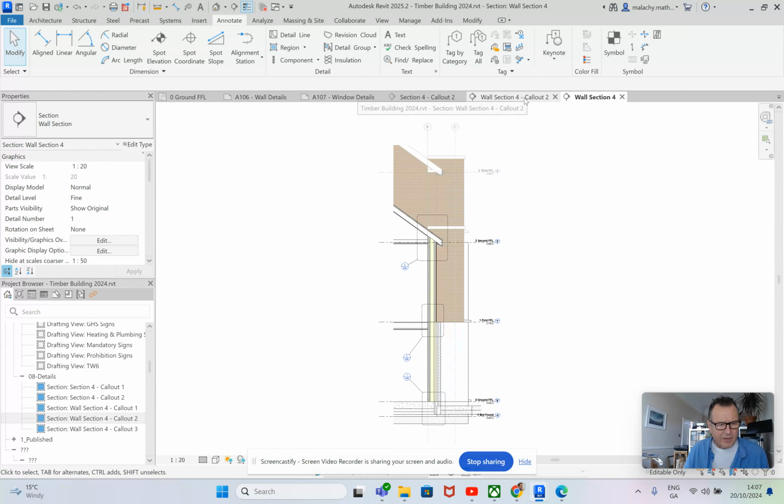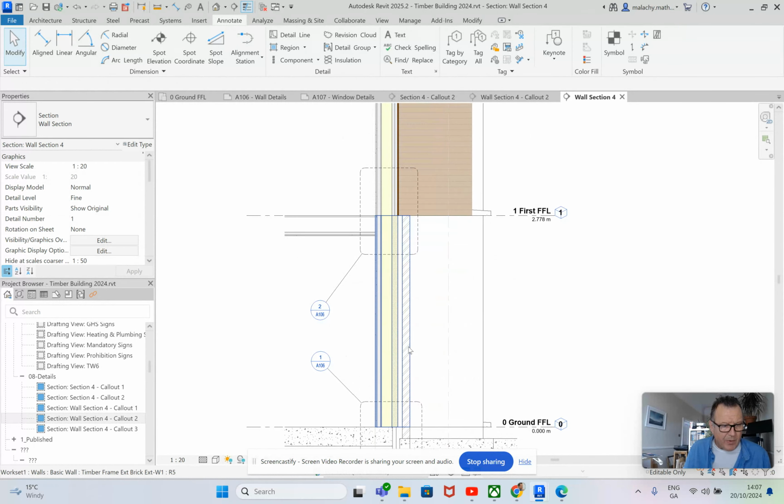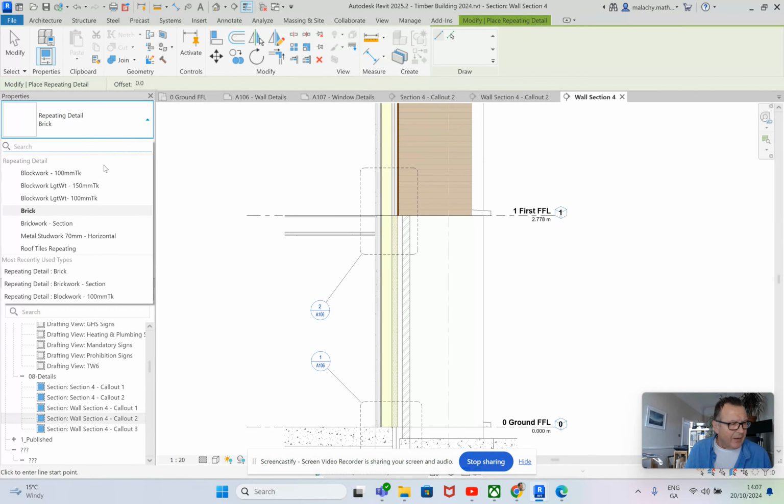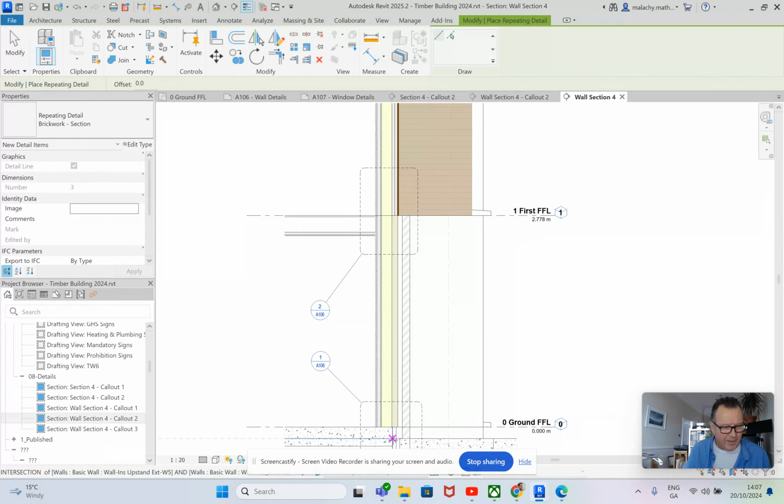Okay, so if we come back into here now, I showed you how we can move 2D details around from one area to another, and I'm going to show you that again now, because what I want to put in here is the 1:20 wall section. And I'm going to put in a repeating detail here. So I'm going over to annotate component, hitting the little drop down box here and picking repeating detail, and it is brick section. Okay, so I will pick that from there and drag that